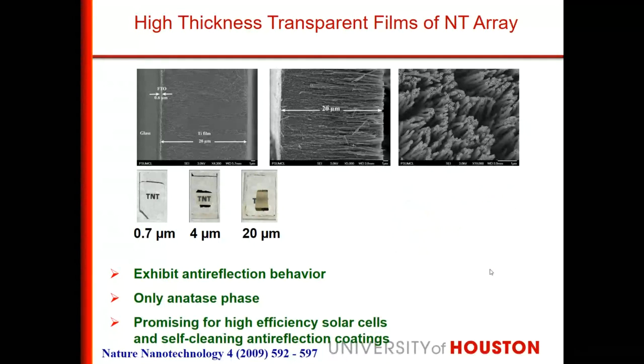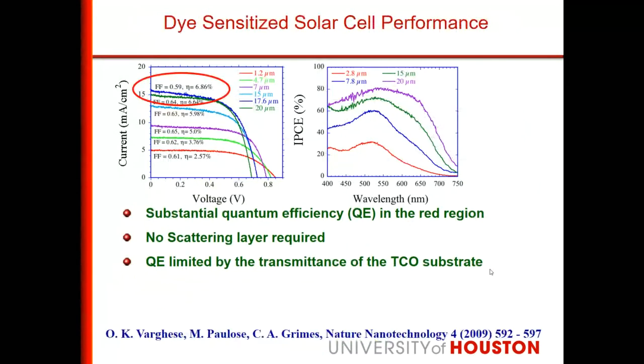Now the other problem was that this material, titanium dioxide, is transparent. It absorbs only ultraviolet. It has a band gap of around 3 to 3.2 electron volt. So it cannot absorb solar radiation. So we have to use something else. So we developed dye-sensitized solar cells based on this material. We stained the high surface area titanium dioxide nanotube with an appropriate commercial dye. We can use even natural dye also, but some are not very efficient, so we use the commercial dye.